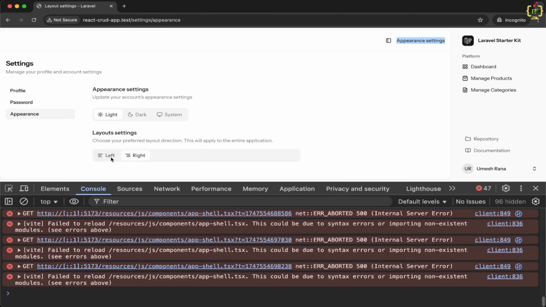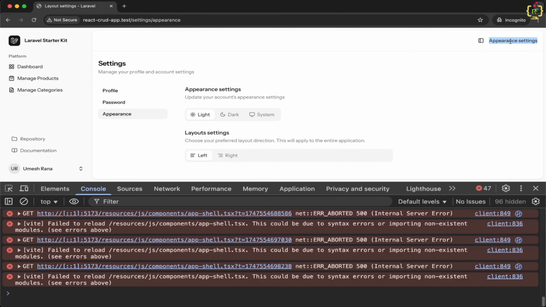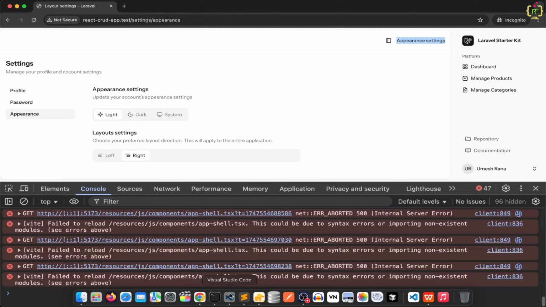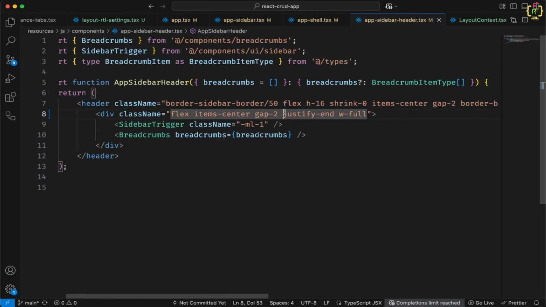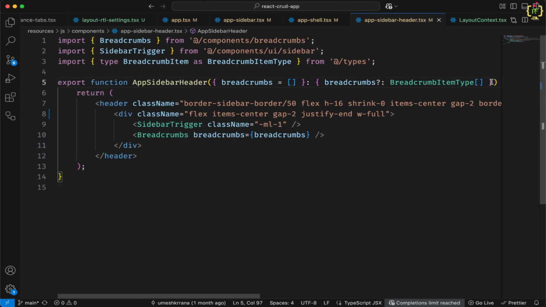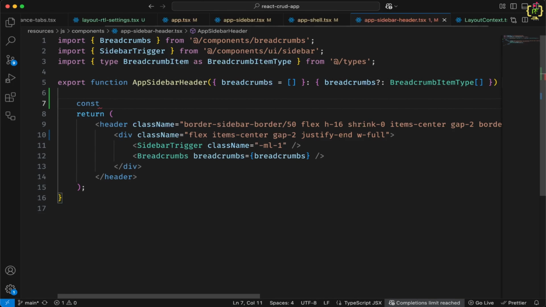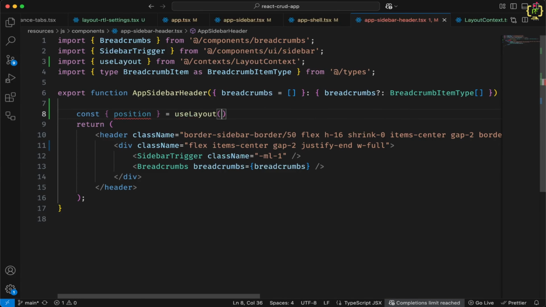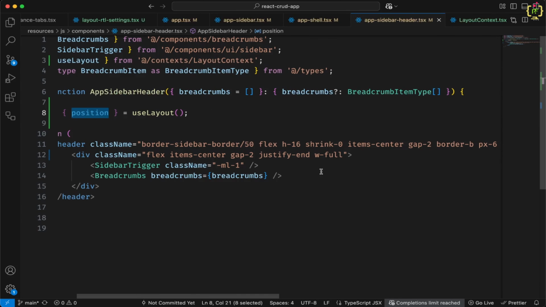If we will switch this position to left, then again this should be shifted to the left and for the right. So let's add this class conditionally. So again we will have to capture that position here from that context. So we will use position equals use layout hook, and we will check the position. So better we will just use backtick, just like this,